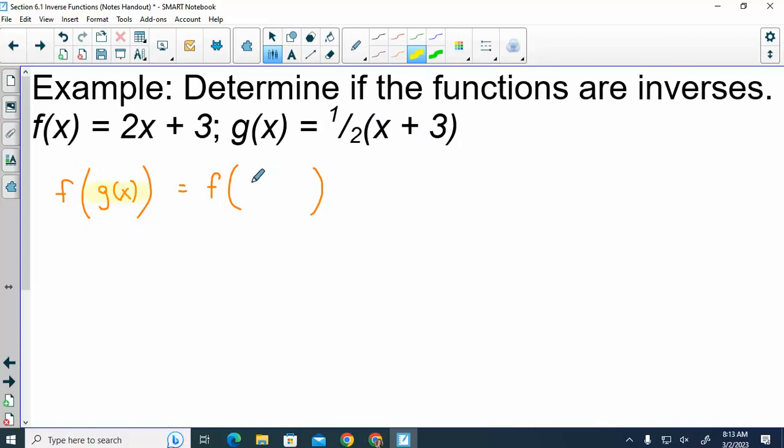G of x is, so, remember when we did this, we are plugging that into f. F is 2 times whatever we plug in plus 3. And that thing I'm plugging in is the 1/2 x plus